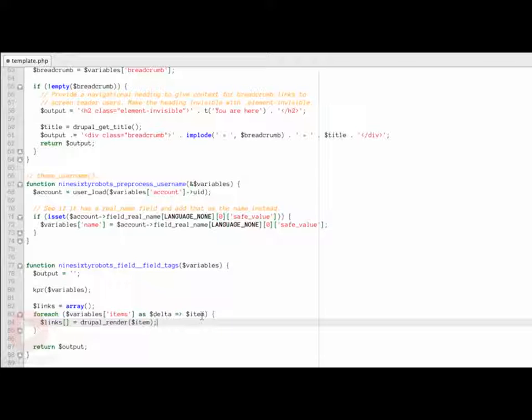As I loop over each of those, I'm simply going to use the Drupal render function on the item, so this renderable array element, which will take that renderable array. In this case, it's a link, and it'll output that link's HTML and assign it to a key inside of this links array. So now I have an array that contains all the HTML for each of the tags. Once I've got that, I can use PHP's implode function to take the array of links and separate them into a single string with commas in between each link. So I'll do that by saying output